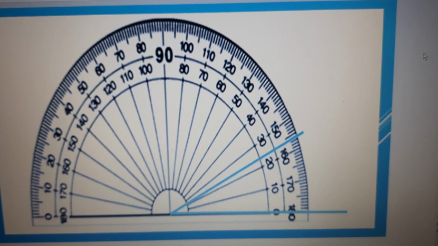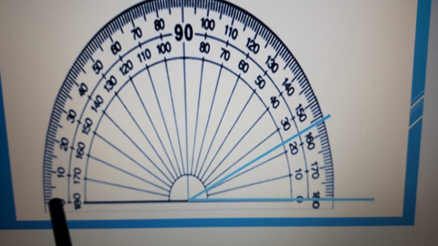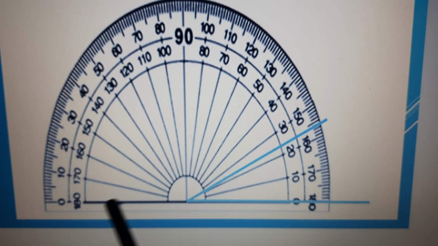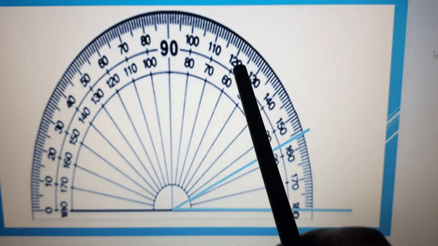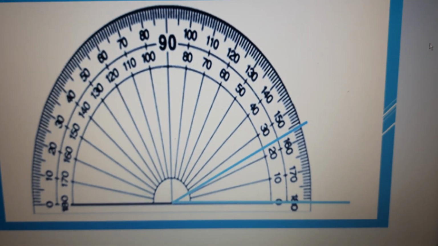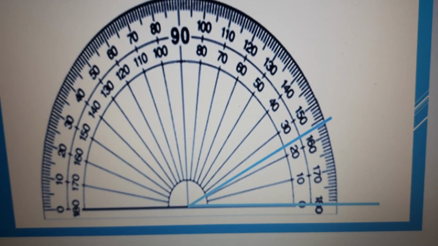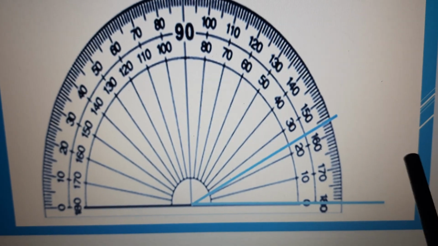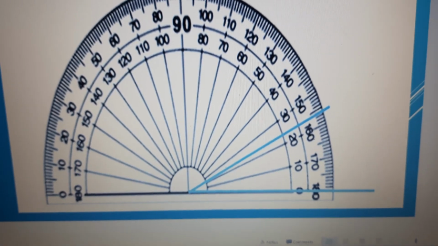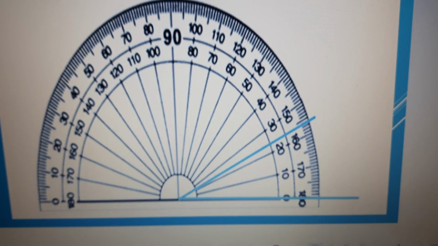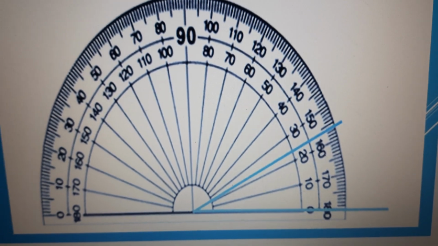If I have to draw an angle from this side, facing this side, I have to look at this 0. So I will place my protractor baseline here, and from here 0, 10, 20, 30, 40, 50, my 120 will be here. Hope it's clear, children. Look at it carefully. Suppose you are drawing an angle facing this side, and your friend is drawing an angle facing the other side. Both are correct. No need to fight that mine is right and yours is wrong. Both are right. Only the correct measurement should be taken. So it's a clear view.